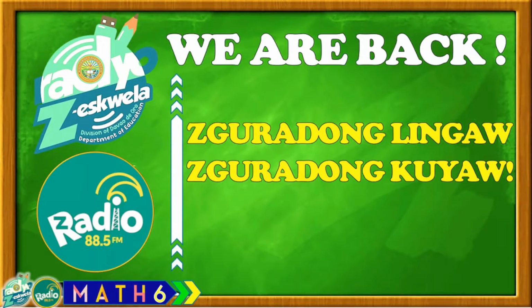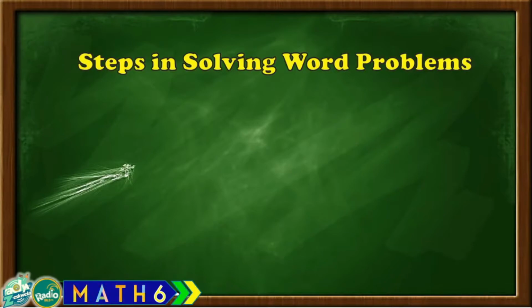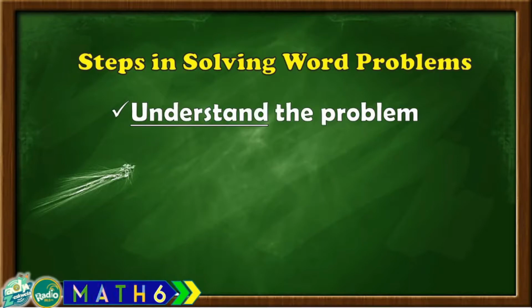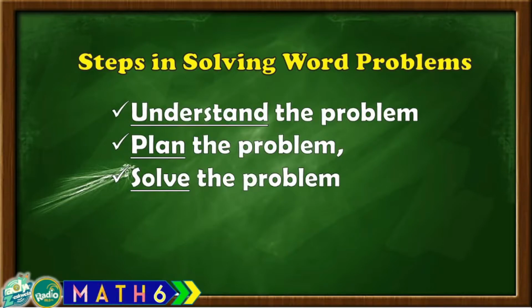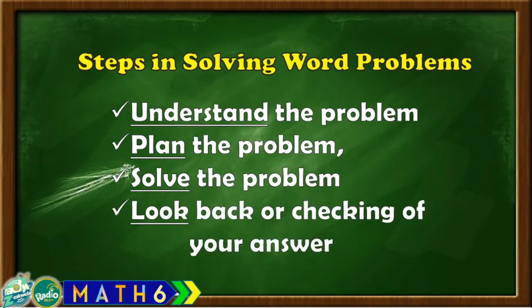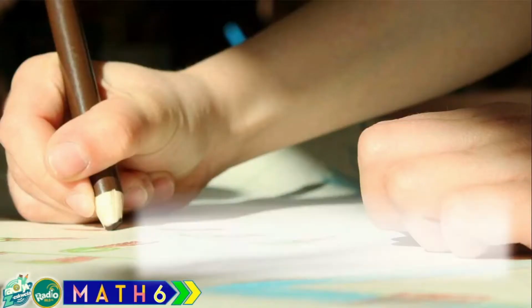Can you recall the steps in solving word problems? That's great! In solving word problems, we need to follow the following steps: understand the problem, next, plan the problem, then, solve the problem, and lastly is looking back or checking of your answer. Now, are you ready? Good! So, let's start. In your notebook, take note of the given problem, then solve. For problem number 1,